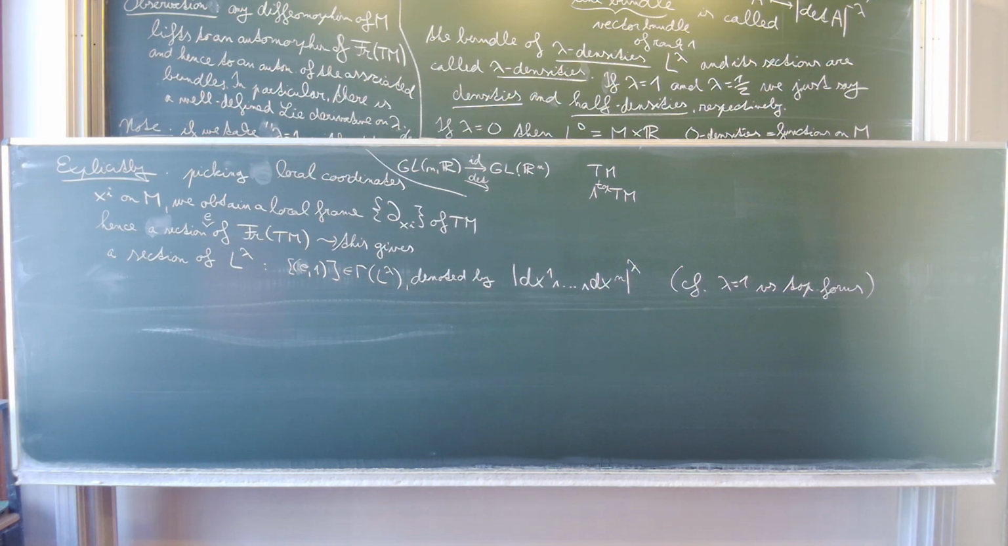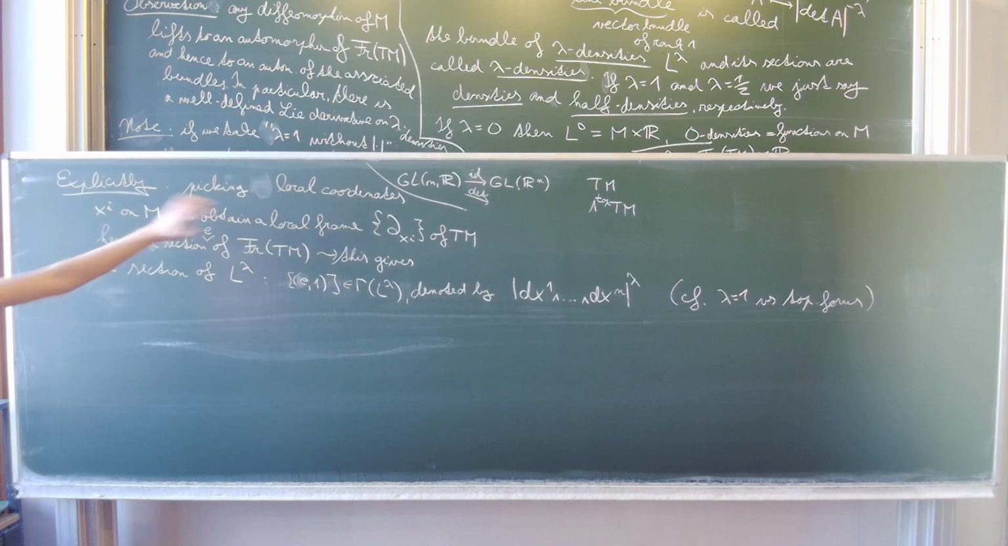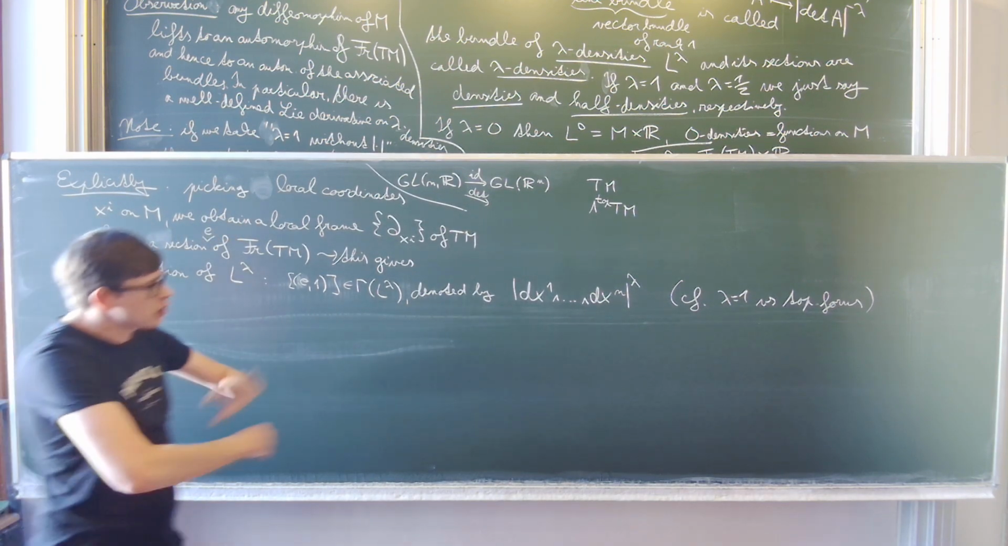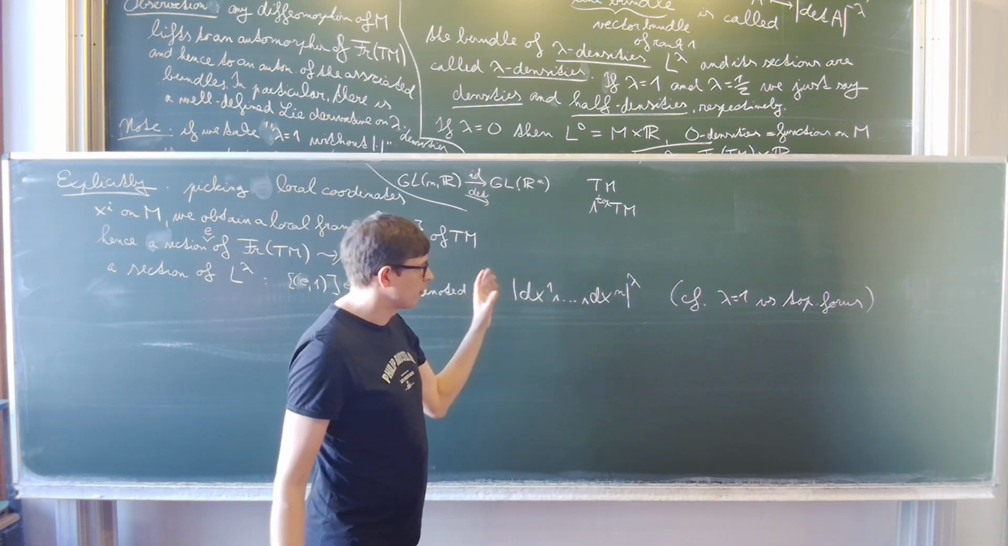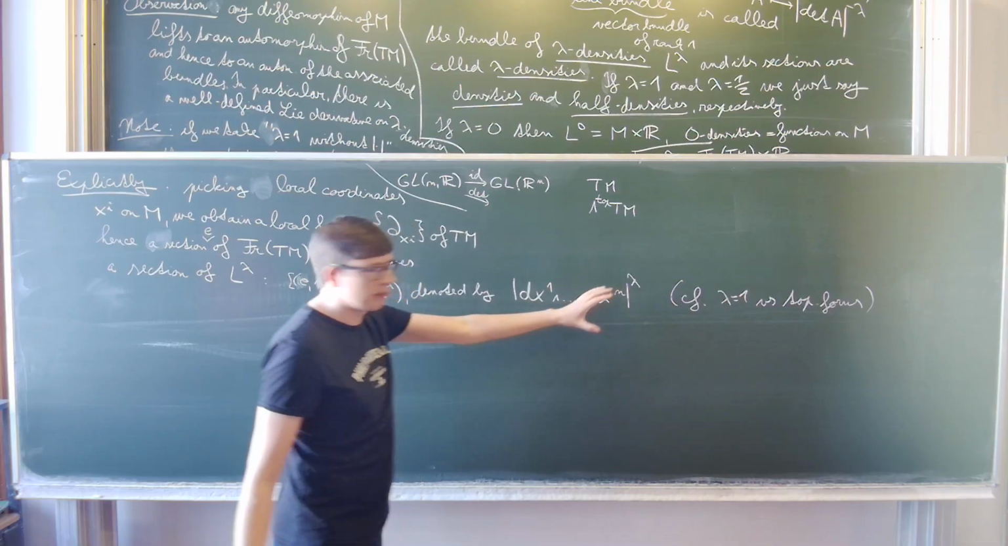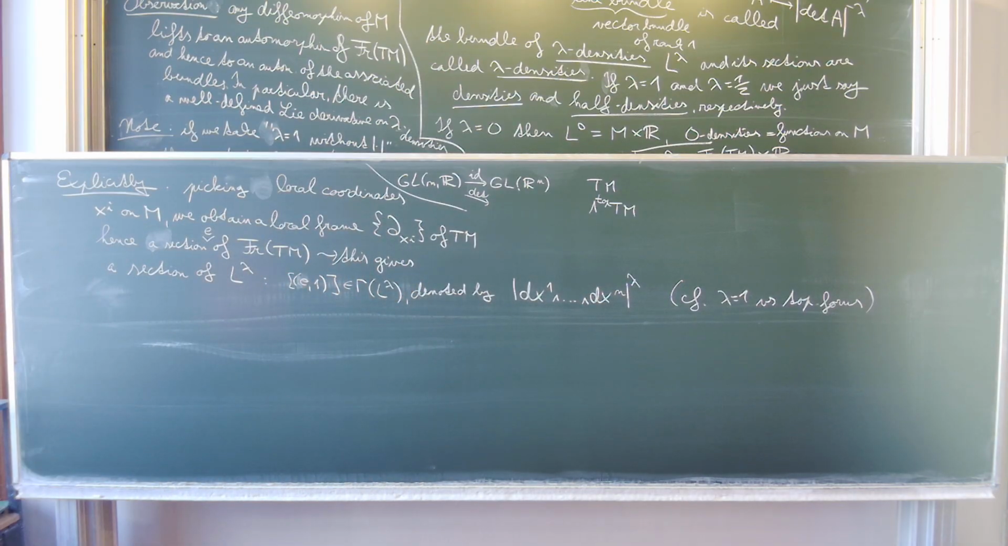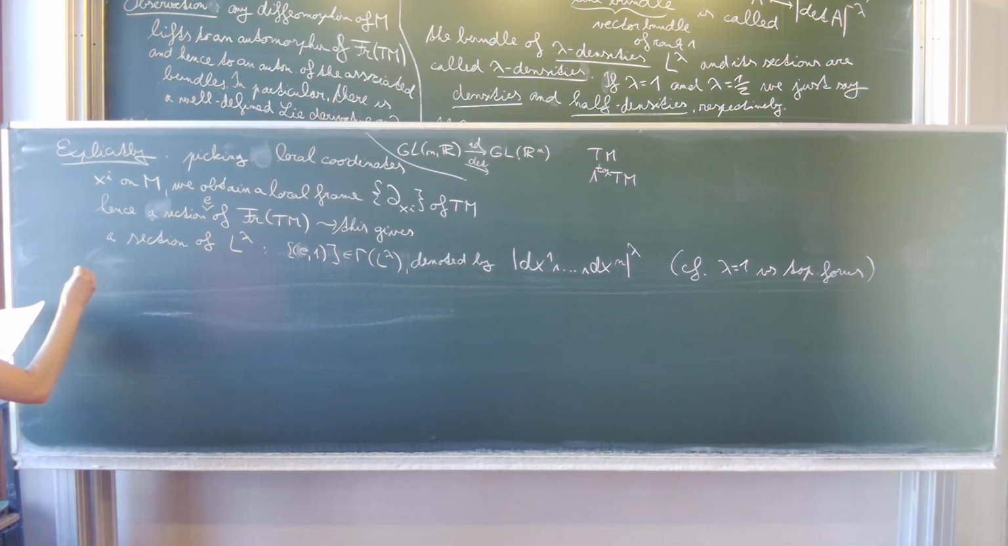Okay, there is more advanced. So thing to remember: if I pick coordinates xi, then I have a natural lambda density, or I have an associated lambda density, which I will denote like this. Now we will see that this is a good notation, in a second. So, well, actually, let's do it right now. One thing why this is good is that